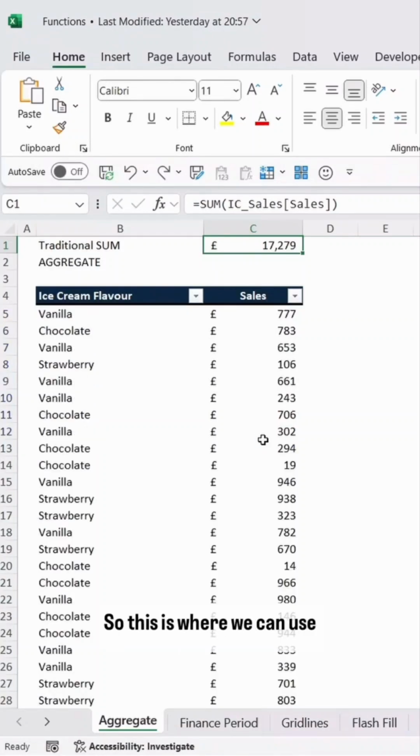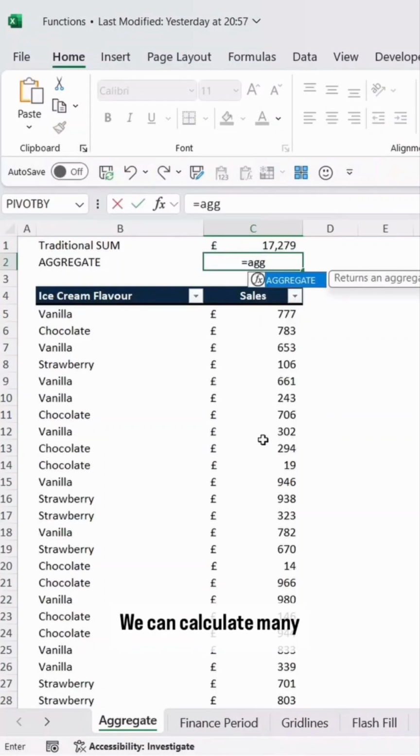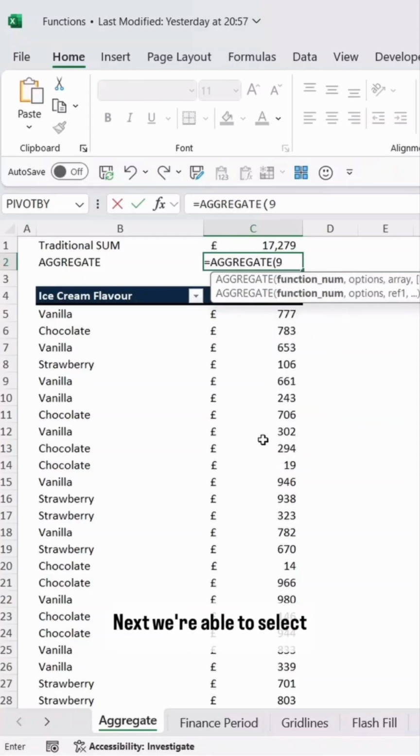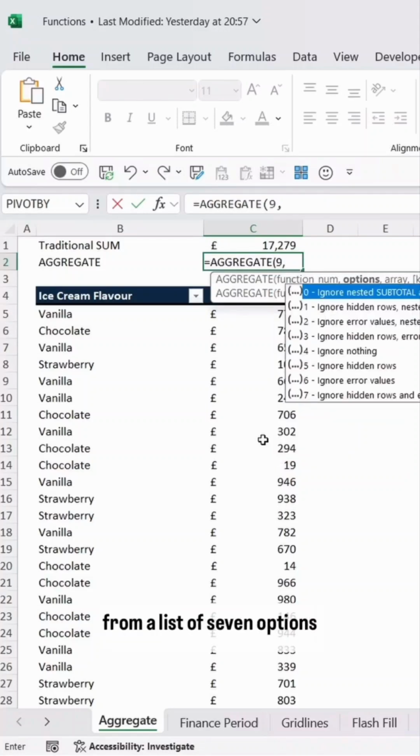So this is where we can use AGGREGATE instead. We can calculate many different values including averages, counts, maximum values, and many more. But we will select 9 for sum. Next, we're able to select from a list of 7 options on what we want to ignore,